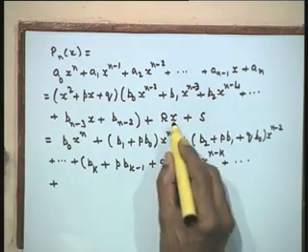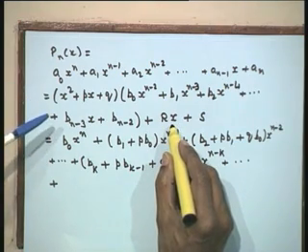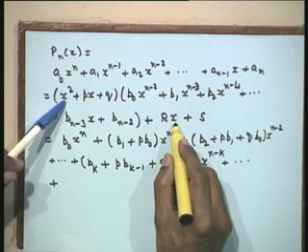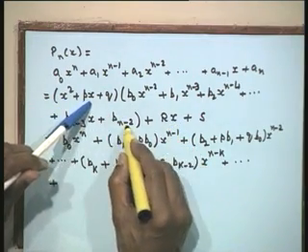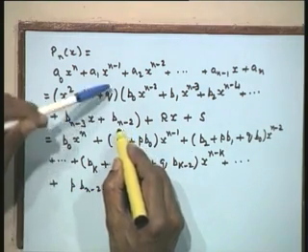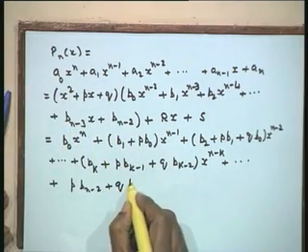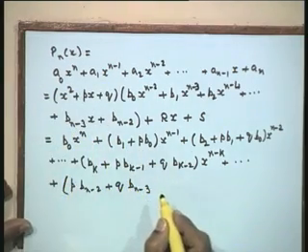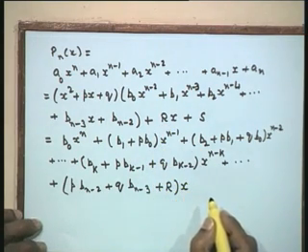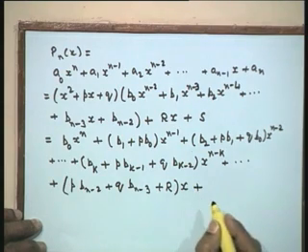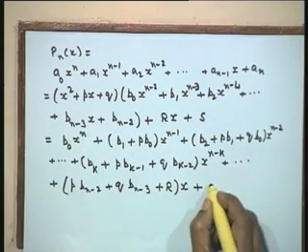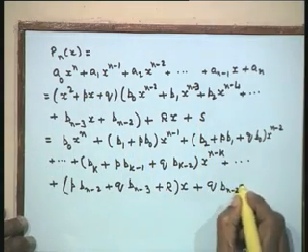Then let us come to the term x. Now when you come to the term x, x squared will not contribute because I need only x. Therefore p x into b_{n-2} will contribute, that is p b_{n-2}, these two will contribute, and then this will also contribute, that is q into b_{n-3}. But we already have an r here, so we shall now add r here plus into x. Now the constant term, there is only one constant term here, q into b_{n-2} and s over here. So I will have here q b_{n-2} plus s.